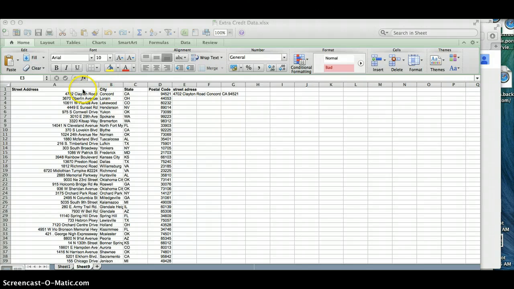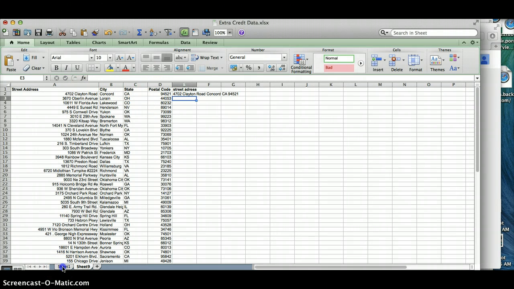Now, as you can see, I have the street address, city, state, and postal code from my previous data set. And from there, I use the concatenate function to combine A2, B2, C2, and D2. So it's just the street address, the city, the state, and the postal code all in one cell. So the important part of this step is to